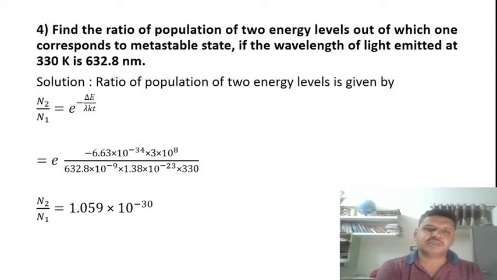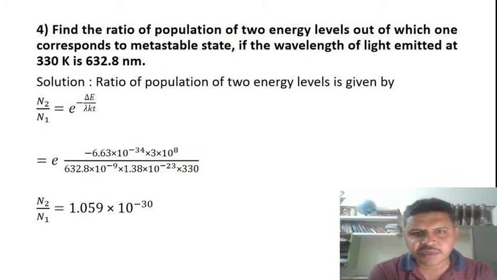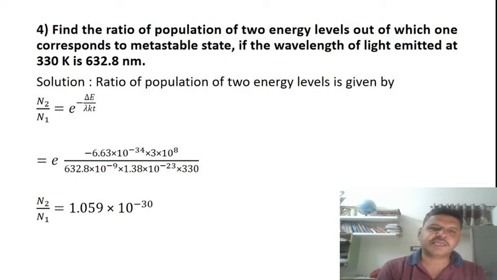So here they are given the metastable state in the two energy levels. So the ratio, that is N2 by N1, where N2 is the metastable state level and N1 is the ground state number of electrons, is equal to e to the power of minus delta E by kT. Here they have given all these values, but the delta E value is not given. We have to make it